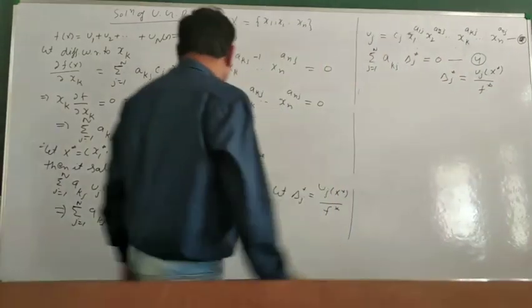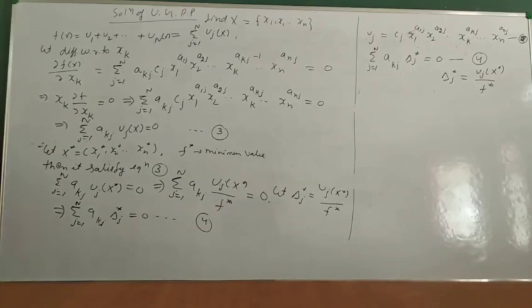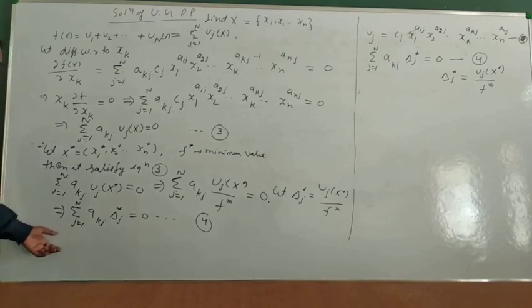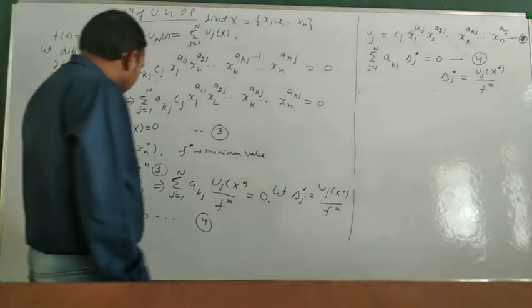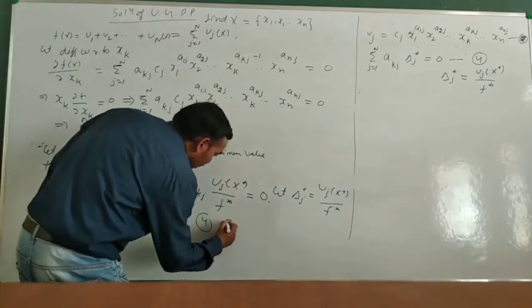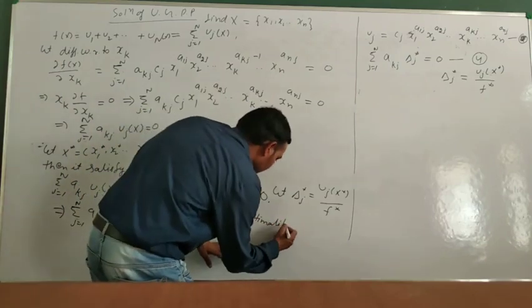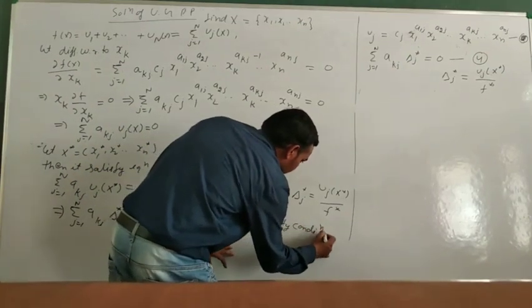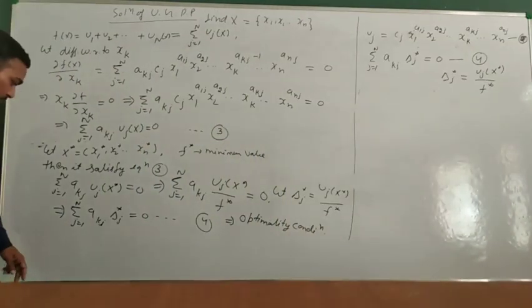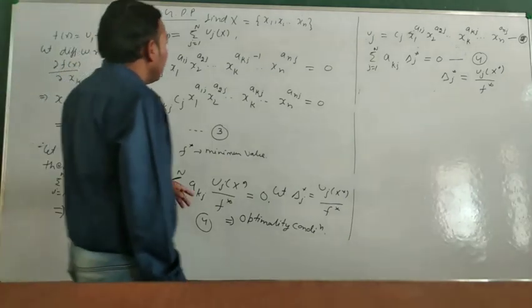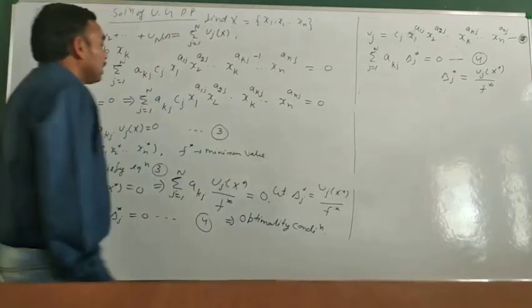This is the useful formula in the next step, and it means we get a relation in the powers of xi and delta j, and this is known as the optimality condition. Optimality conditions means, here you see, capital N is the number of terms in the objective function, and small n means there are n variables.